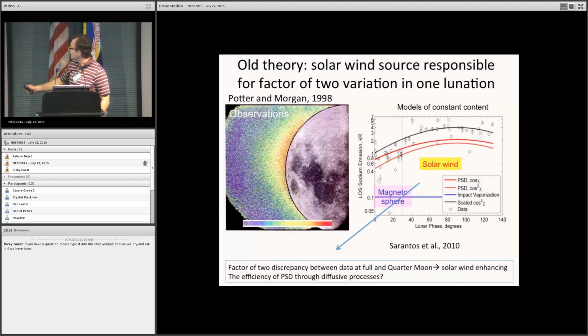We found a few years ago that if you used a transport model and assumed a constant content for the sodium exosphere, you could either fit the data at quarter moons, when the moon's out in the solar wind, but overestimate the data near full moon, or you could fit the data at full moon and then underestimate the data at quarters. So it looked like you couldn't assume a constant source rate, and the hypothesis at the time was that,